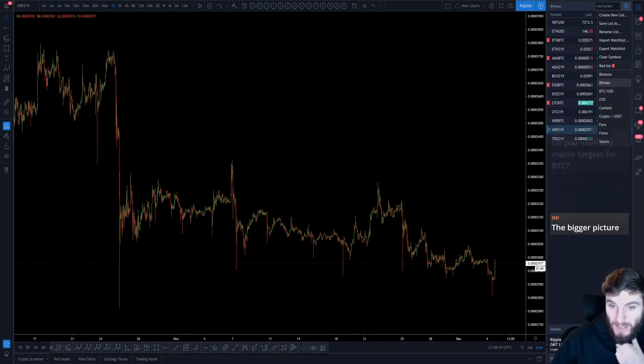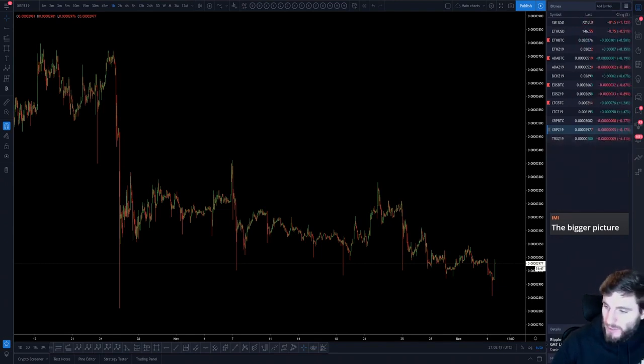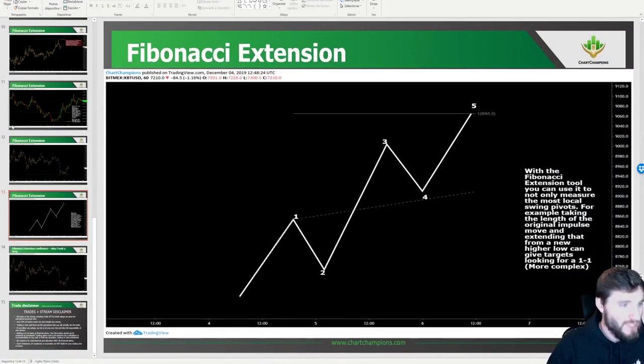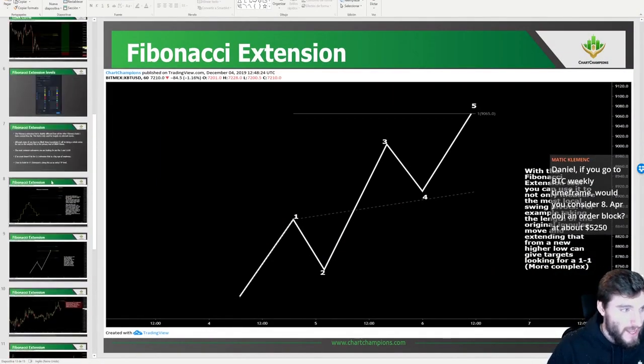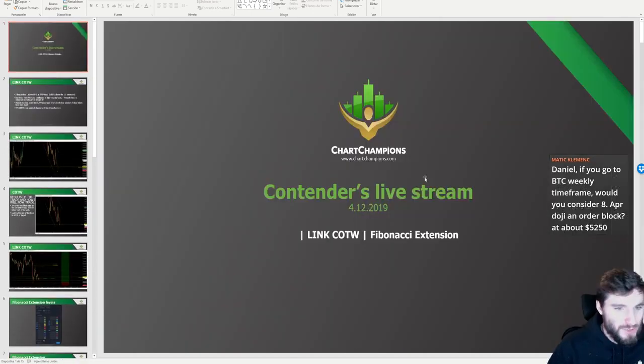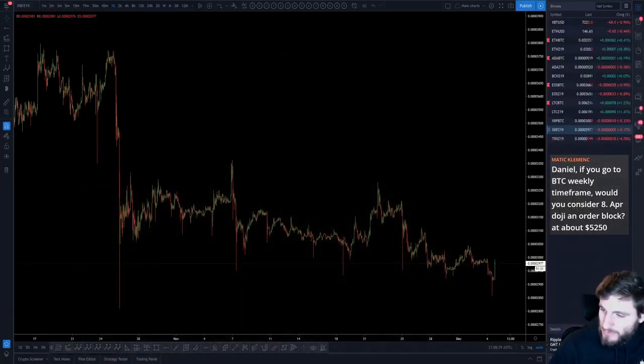So let me know if that helped. If you have any other questions, particularly about Fibonacci, I'm more interested in Fibonacci questions. If you have no questions, I presume you have fully understood how to use this tool. Obviously, it's not overly complex, the tool. It's just the nuances, I guess, of the little features of the tool.